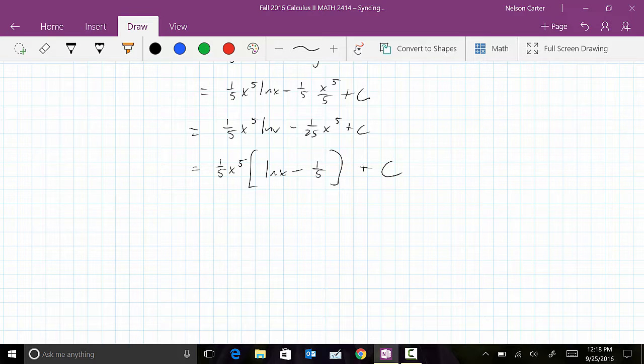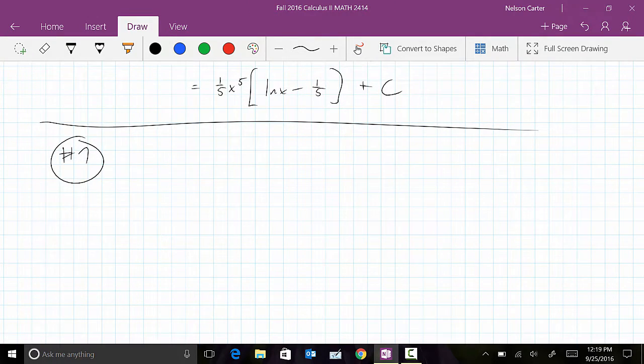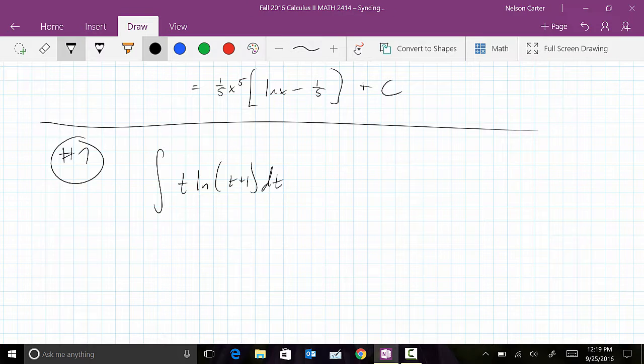So let's see. That was number 6. Let's do number 7. So we have the integral of t times the ln of t plus 1 dt. Okay. Now in a problem like this one,